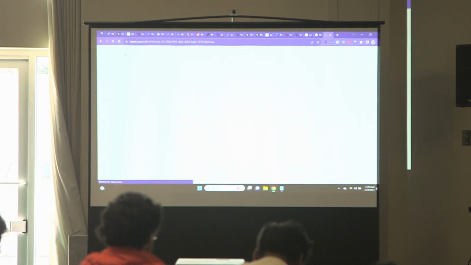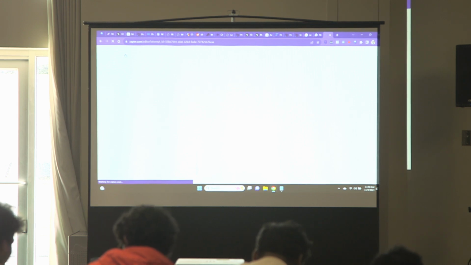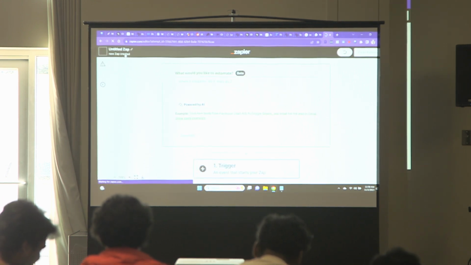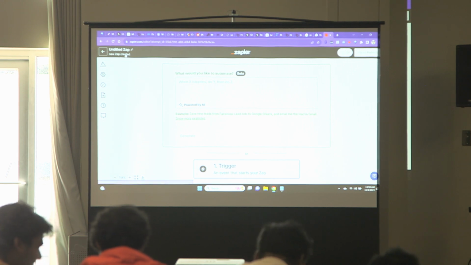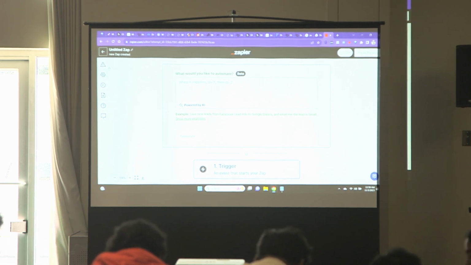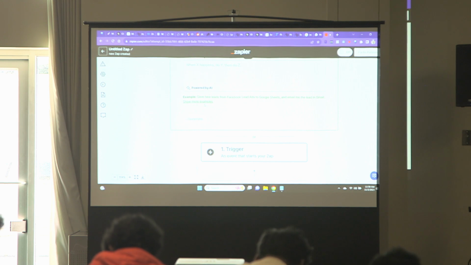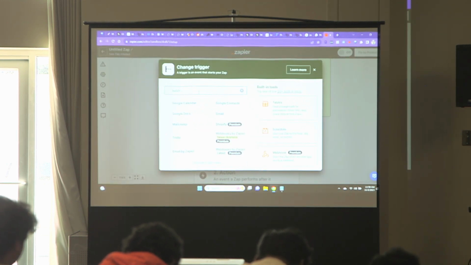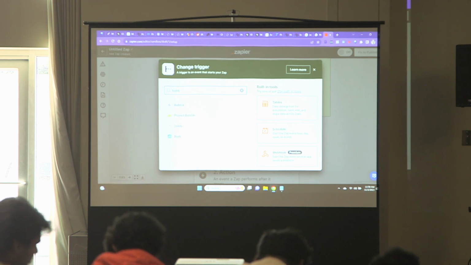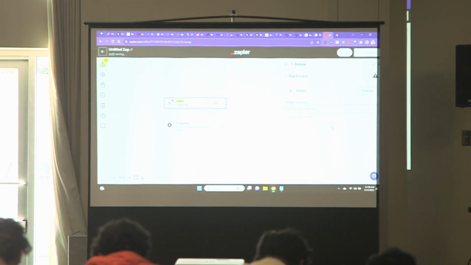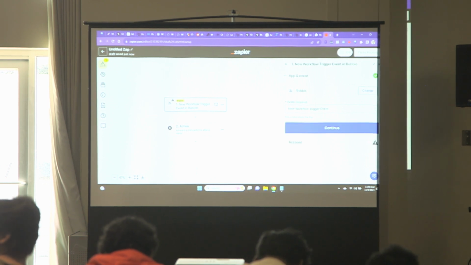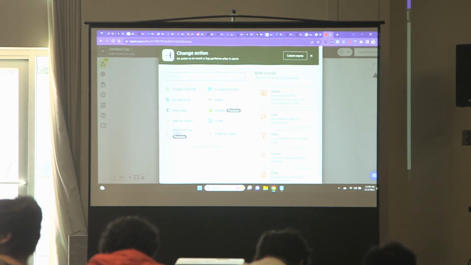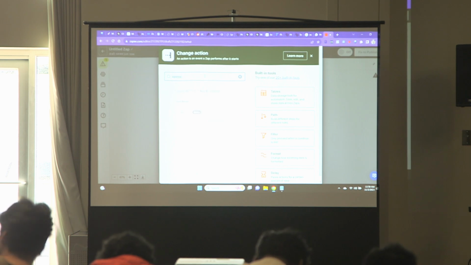But using Zapier, I can essentially interface with APIs, which is an application programming interface. I can interface with the OpenAI API, I can interface with a whole bunch of different tools to basically add functionality. So the trigger for my automation is Bubble. In Bubble, when a workflow trigger event happens, I want an action to happen, and I want it to go to OpenAI.